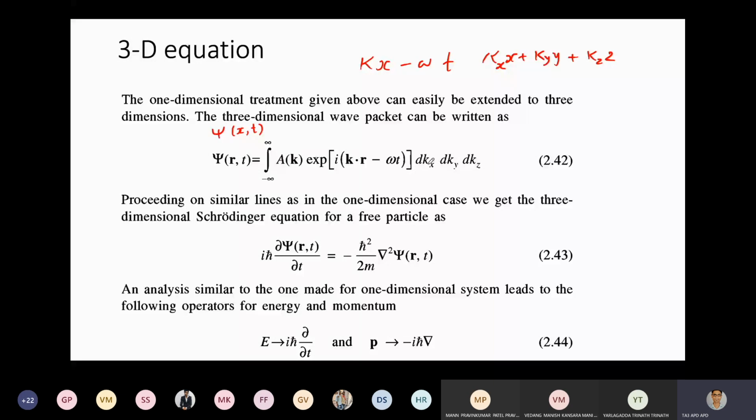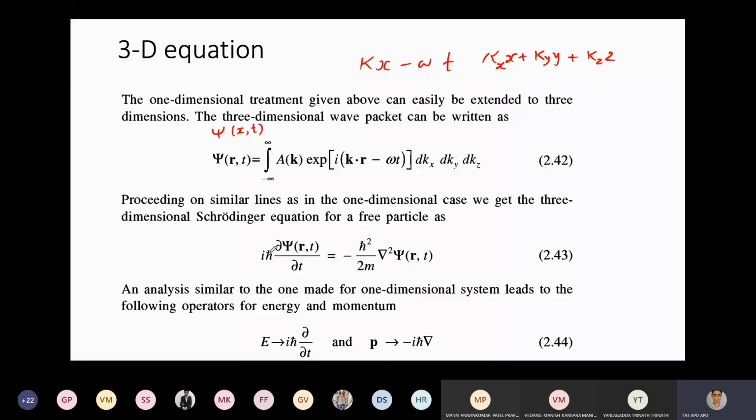And proceeding the same way we have done previously, one can easily write down this whole expression. I mean, we can repeat the whole process that we have done previously, right? But we don't need to do that. Okay, we are not going to do that. We will just simply apply the same logic to write down the 3-dimensional expression of our Schrodinger's equation, which is iħ ∂ψ/∂t equal to minus ħ² upon 2m